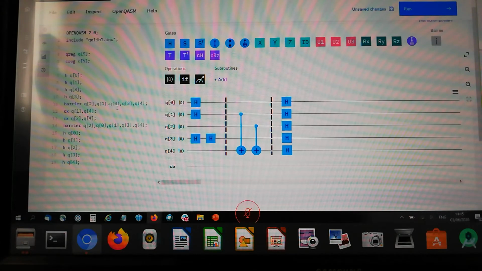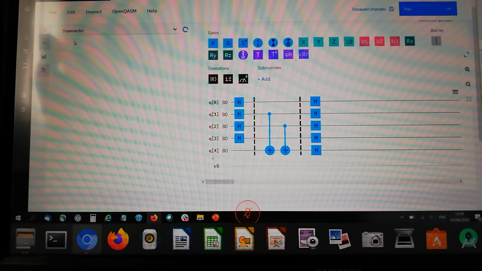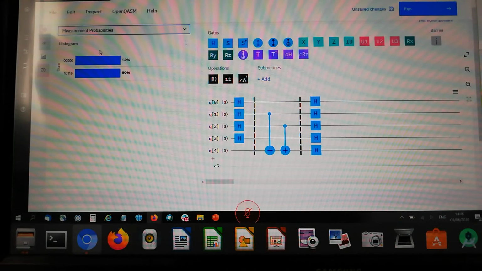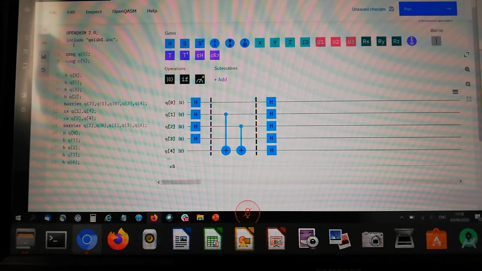We can, of course, run this on hardware, we can run this on a simulator, we can look at the state vector, we can look at the probabilities, all kinds of stuff for educational purposes to understand what you're doing. But if, for instance, you want to feed something in here which has a parameter, you can use some kind of parameters in this code. But if you want to post-process your results, if you want to pick up your results and then do calculations with those,